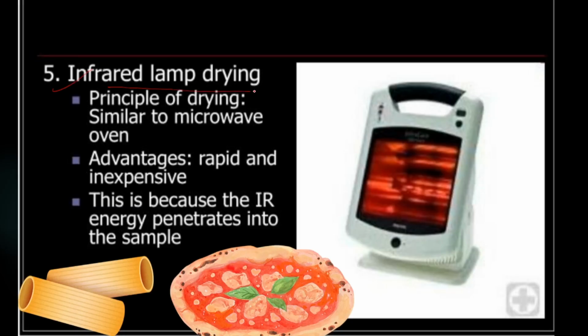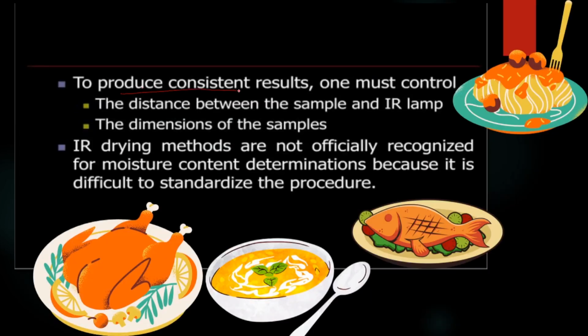Next is the infrared lamp drying. The principle of drying is similar to the microwave oven. This is rapid and inexpensive, because the IR energy penetrates into the sample of the food. To produce consistent results, one must control the distance between the sample and the IR lamp and the dimensions of the samples. And IR drying methods are not officially recognized for moisture content determination because it is difficult to standardize